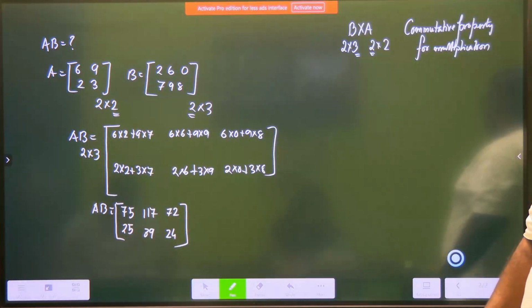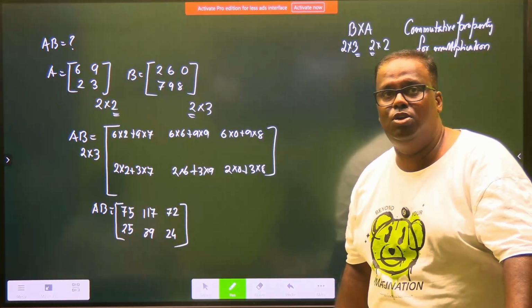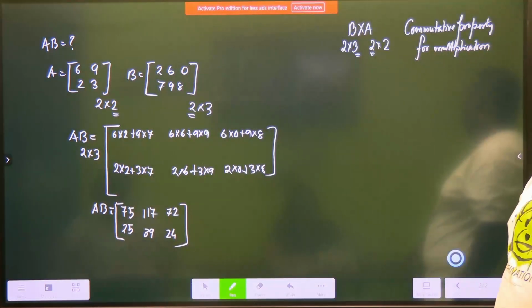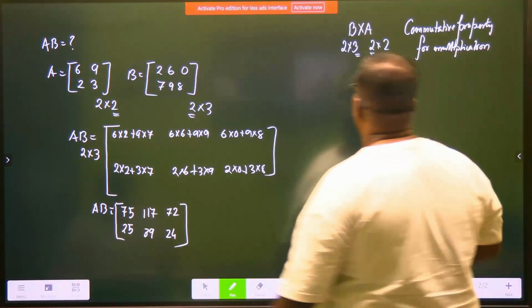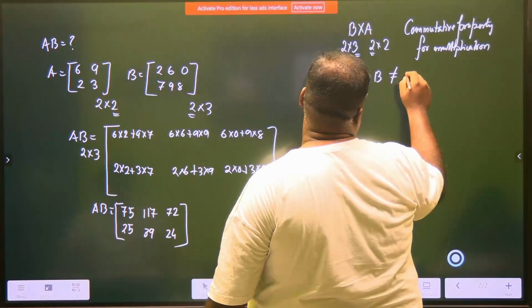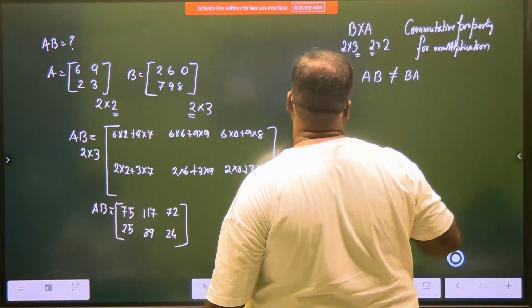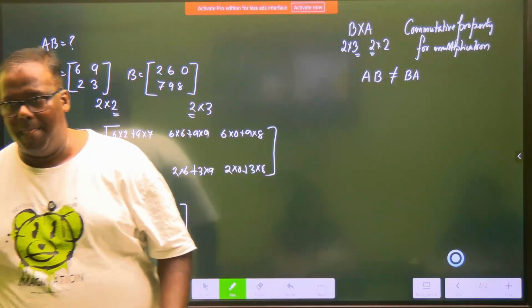Now you could have asked me, sir, why did you not say that the commutative property does not hold? I'm saying it does not hold always. Means there will be some place where it will hold. So I'm trying to say something, children. AB may not be equal to BA. First of all, AB and BA may not be possible itself. However,